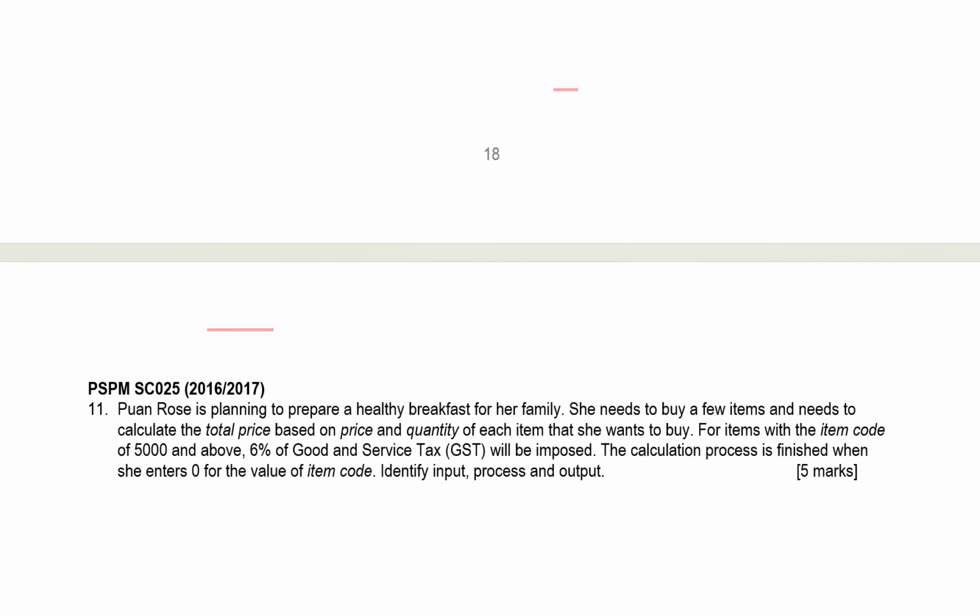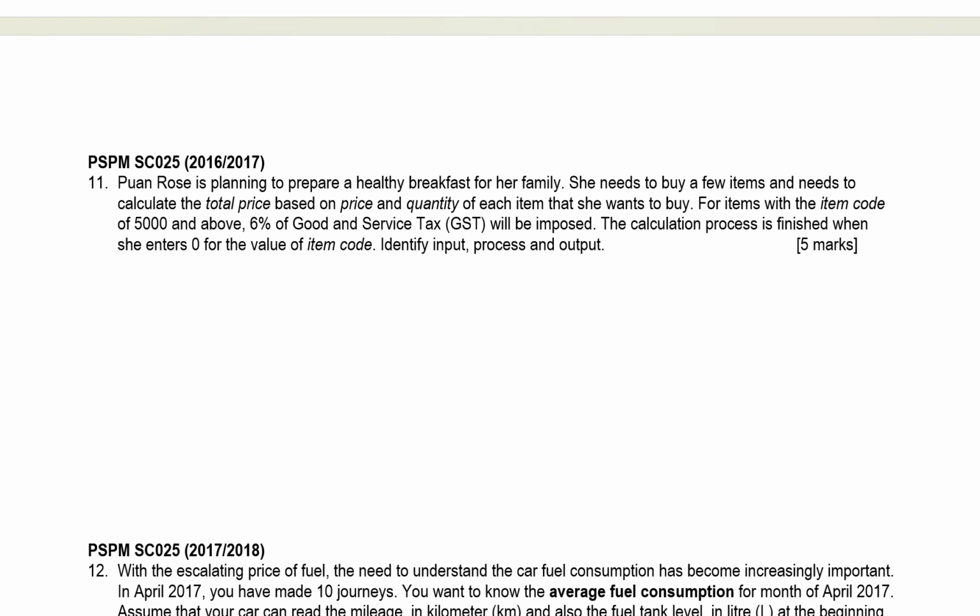Okay, next. For question number 11. Puan Rose is planning to prepare a healthy breakfast for her family. She needs to buy a few items and needs to calculate the total price based on the price and quantity of each item that she wants to buy. For items with the item code 5,000 and above, 6% of GST will be imposed. The calculation process is finished when she enters 0 for the value of item code. So you have to identify the